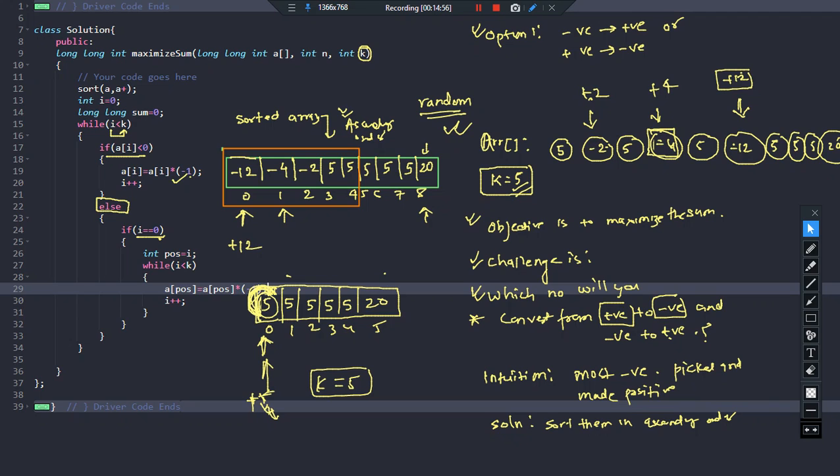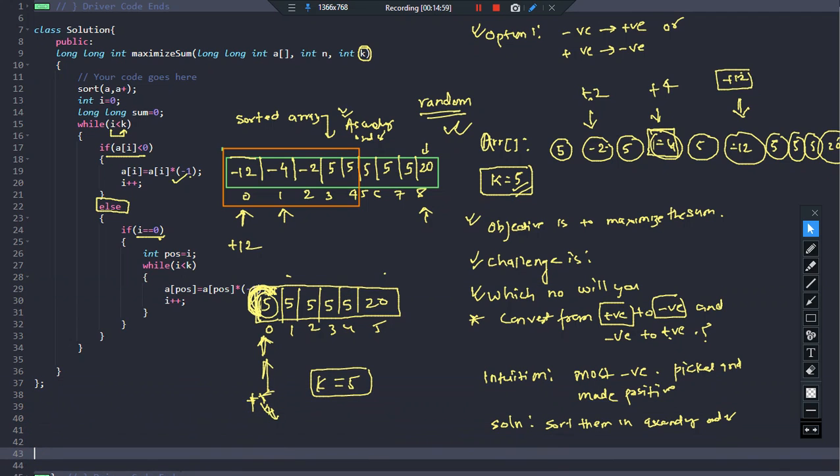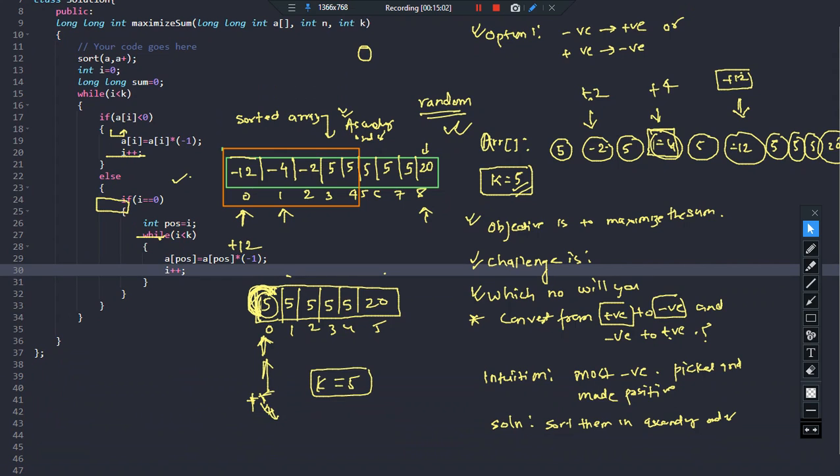So what does it indicate? It indicates that whatever changes you have to make, you please make it on the number itself. So a of POS equal to a of POS into -1. I hope you got the point. I'm repeating it again: I was running the while loop, I less than k, and I found out that the number is not negative. So you just move to the else part and check whether it is the first index or not. If I is equal to 0, it means that you have got an array with no negative element, and since the array is already sorted, the smallest element will be present in the first location, so it is a good idea to perform all the k operations on this element itself.